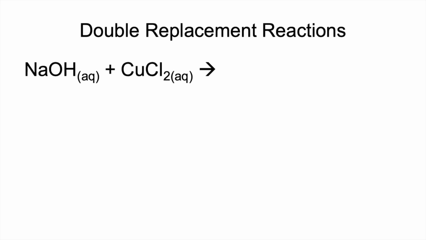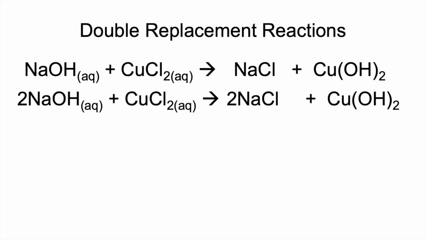In a double replacement reaction, ions will trade places. So when sodium hydroxide reacts with copper(II) chloride in aqueous solution, your products are going to be sodium chloride and copper(II) hydroxide. To balance this chemical equation, we need a coefficient of 2 on sodium hydroxide and on sodium chloride. And the reason that we know that this combination of chemicals does indeed form a double replacement reaction is because while sodium chloride is aqueous, soluble, copper(II) hydroxide is insoluble and will form a solid